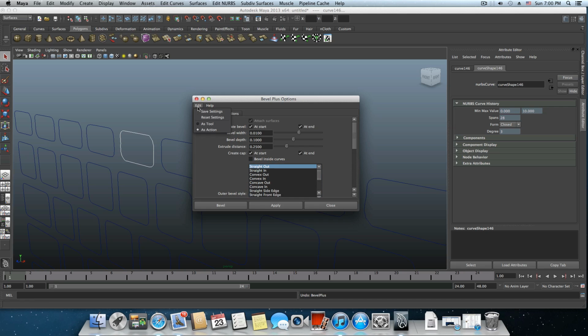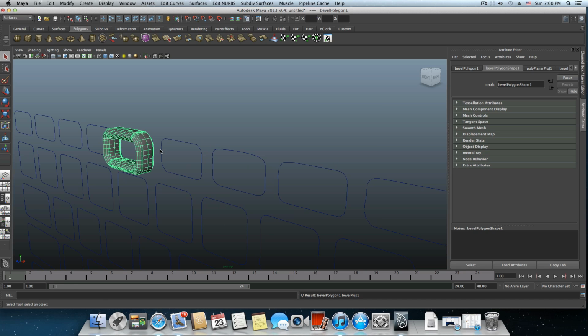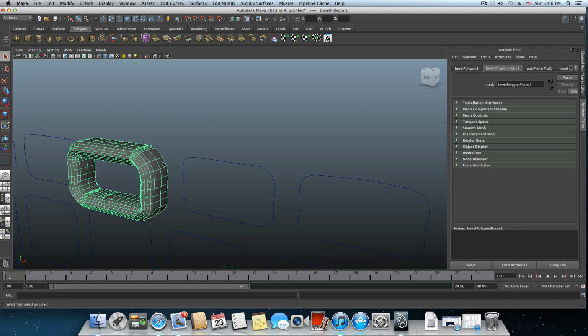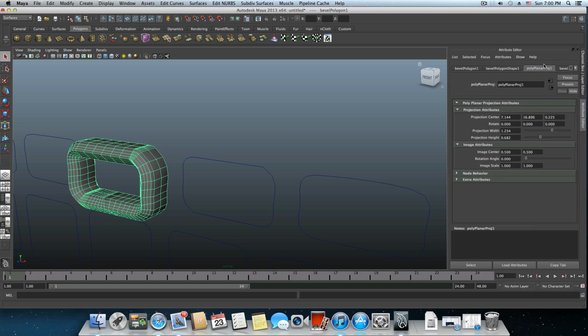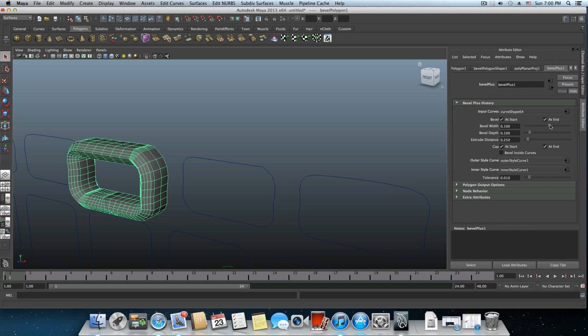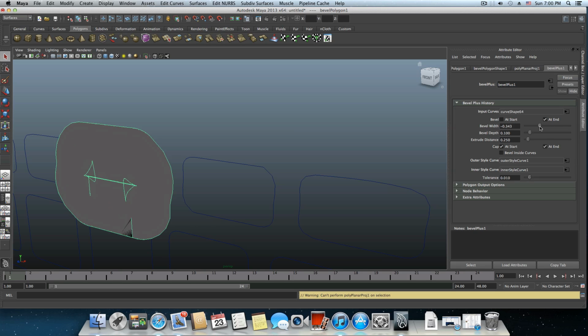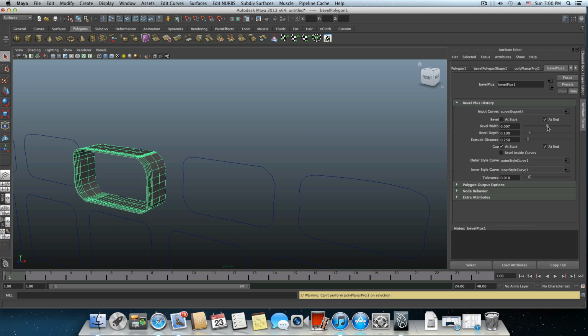Let's try to reset it again and click on bevel. Okay, so there are probably two different lines inside here, or maybe I'm using the wrong one. Let's just see what we can get while we are using those features. We can modify this and maybe get better results from